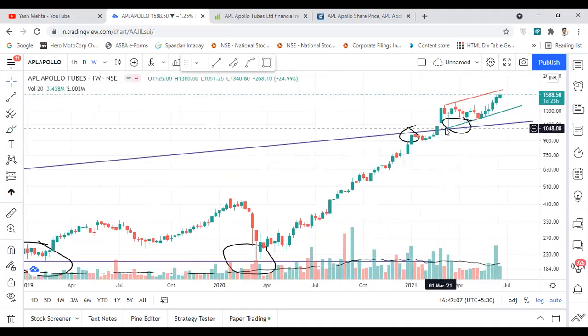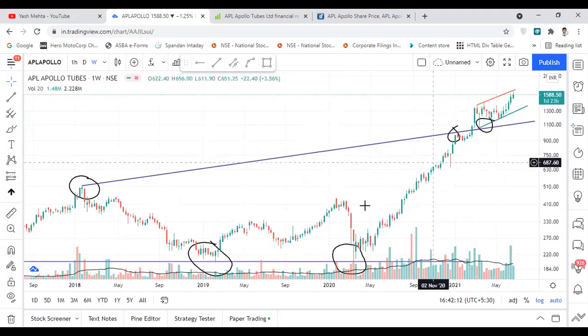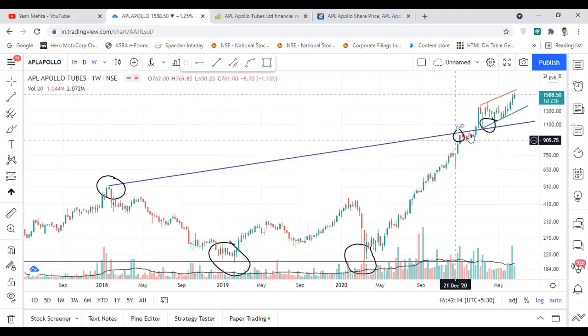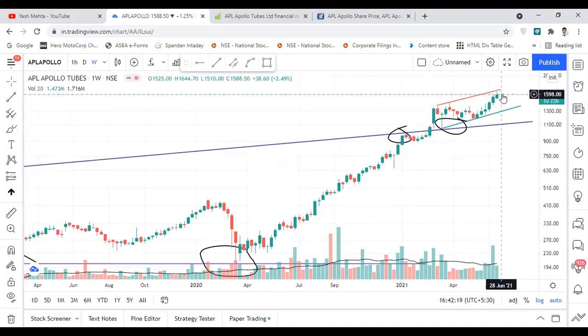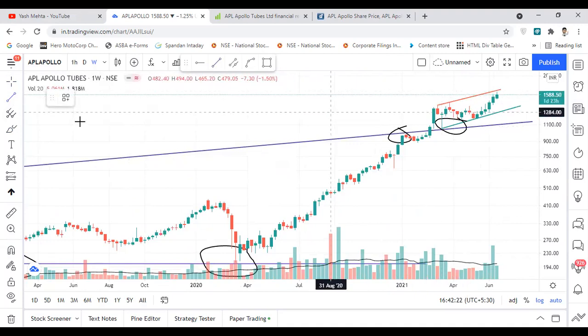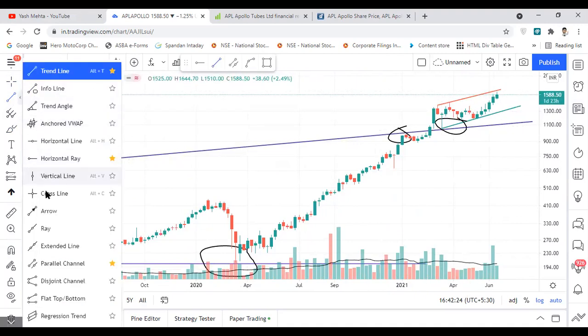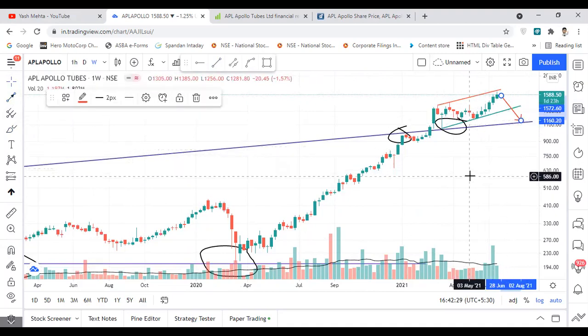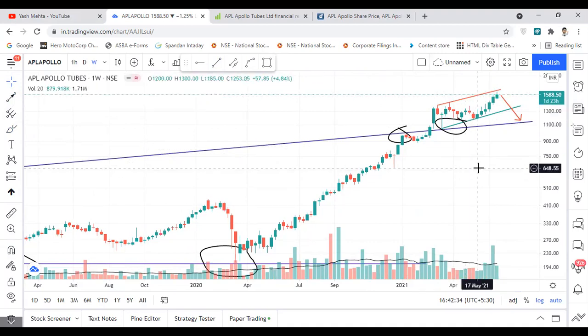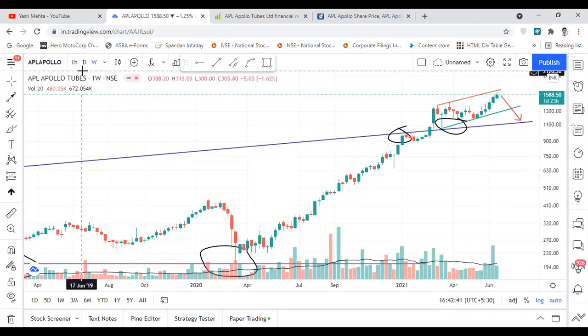So the stock got support at this level, and currently it is forming a base at this particular level. After this breakout, it took support here, and as you can see, currently the low risk buying on weekly time frame would be this particular trend line. So if I say now, the levels would be, I will draw just like this, around 1150, 60. So the level of 1150, 1160 or 1100 would be a good level to buy this particular stock for investment or for positional trade. So this was all about the weekly time frame.